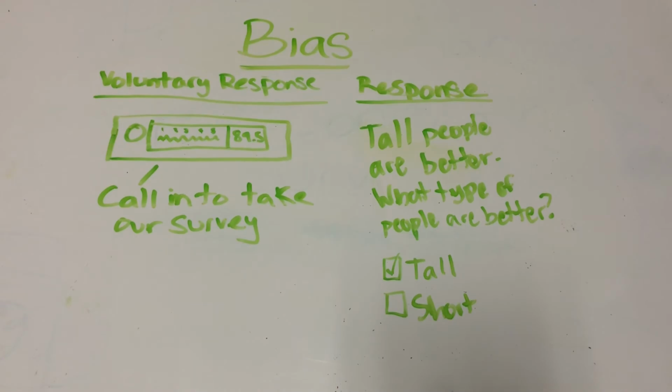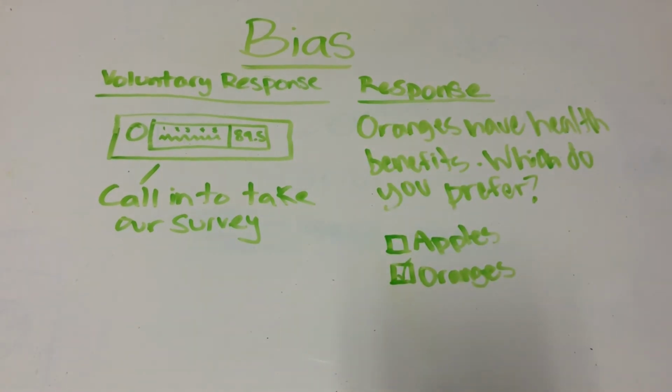Response bias occurs when those taking a survey may not respond with their true opinion on the topic because they may feel social pressure or choose one answer over the answer that represents their true feelings. The bias may also be caused by surveys that influence the respondent to choose an answer because of the way they are worded. A way to avoid this is to word the questions in such a way that they are neutral and do not favor one answer over another. For our example, the question is, oranges have health benefits. Which do you prefer, apples or oranges? So the wording of this question favors oranges, therefore responders are more likely to pick oranges over apples, causing response